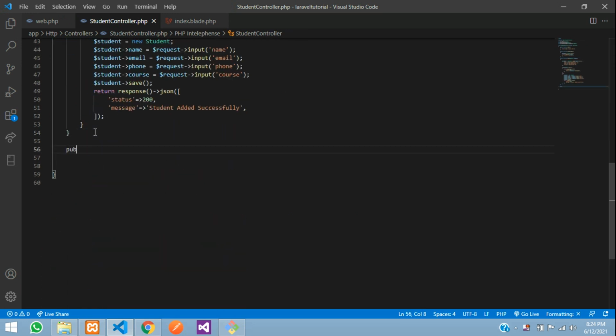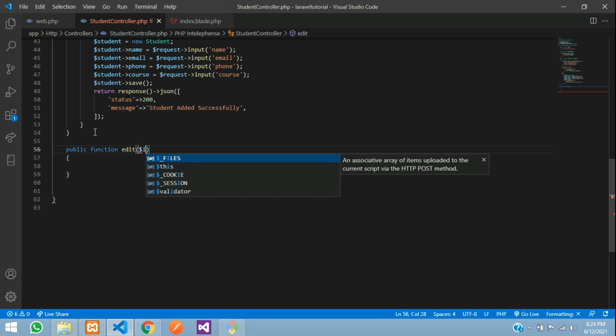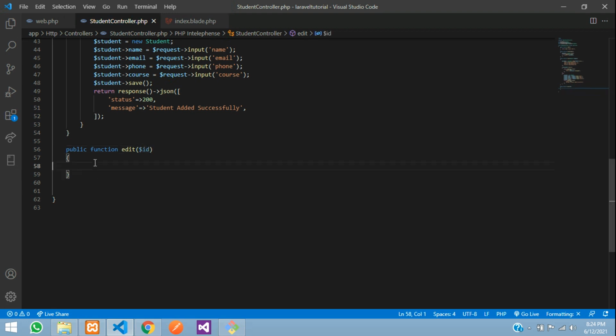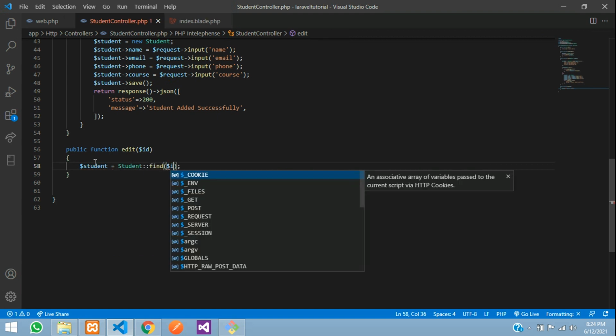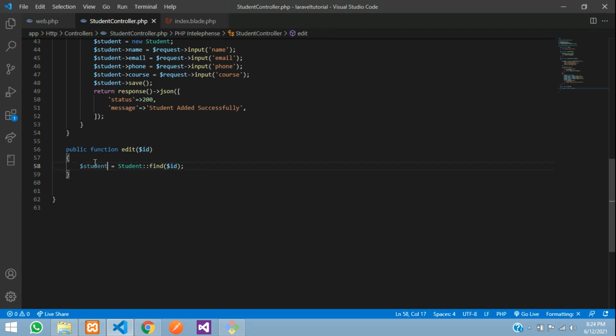So let's create that public function named edit student edit, and inside this you are getting the id, so $id. And now let's create a variable called student is equal to your model Student::find function, where you can find the data by id. So after it, whether the id is present or not, for that let's give the condition in an if statement. So if student is successful, then you will show the message. What message? So let's return a response in a perfect way.